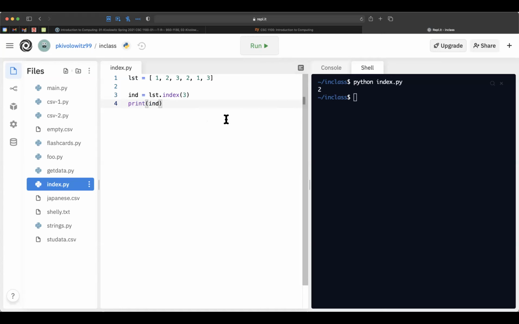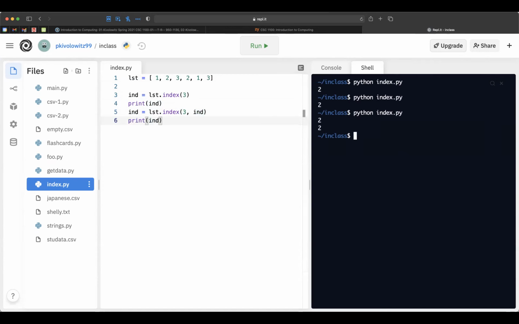This will produce exactly the same result. Good. And what if we did IND equals LST dot index 3, and then LST dot index 3 and IND, and then print it again? I'll just type it in. Okay, so how about index plus 1? There.